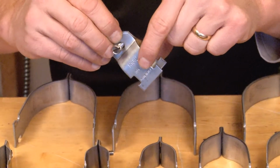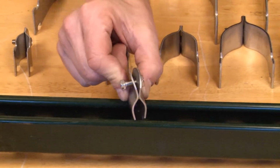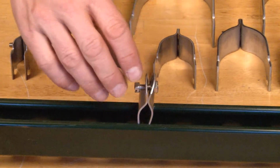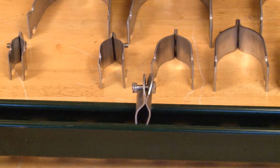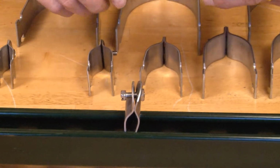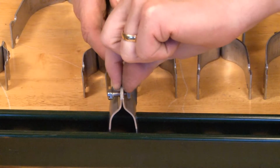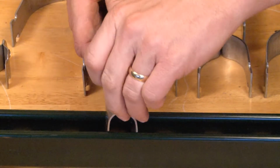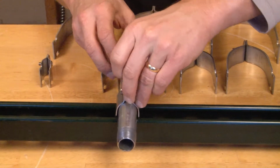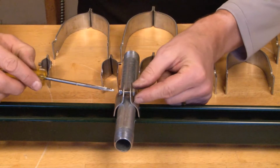You simply take the strap, place it in the strut, aligning the T with the slot or ridge in the strut. You now can take your conduit, in this particular case it's 3/4 inch rigid conduit, and I like to pinch together the top of it to open up the gap that allows the pipe to pass through. You now can secure the pipe by tightening the nut and bolt,